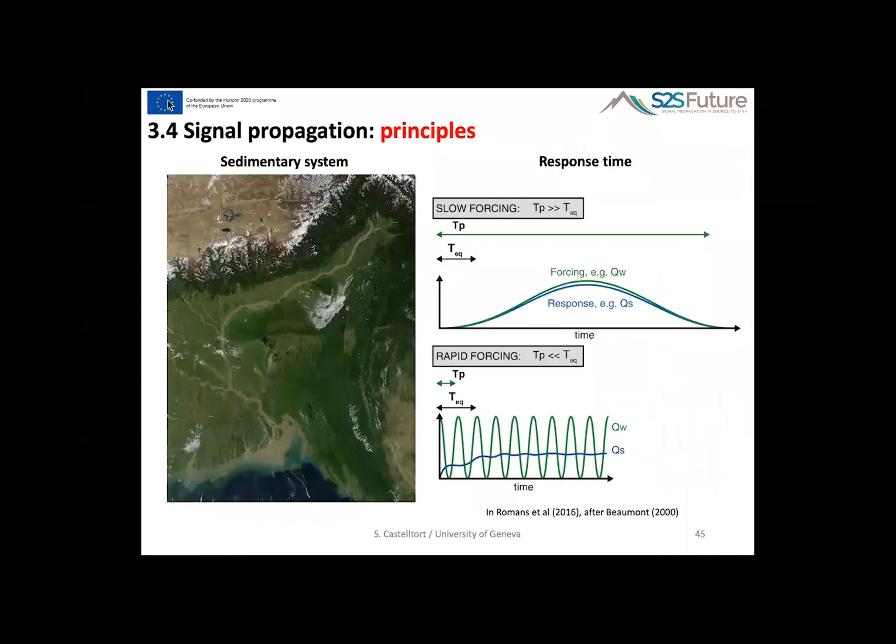I will start, and so perhaps you are there already with Jean. I will start with now. Now we want to come back to the idea of a sedimentary system, of a source to sink system, and to discuss how. There's a little bit of theory again, and we're going to do a thought experiment afterwards. But just to illustrate what Francois already explained, sedimentary systems, source to sediment routing systems,